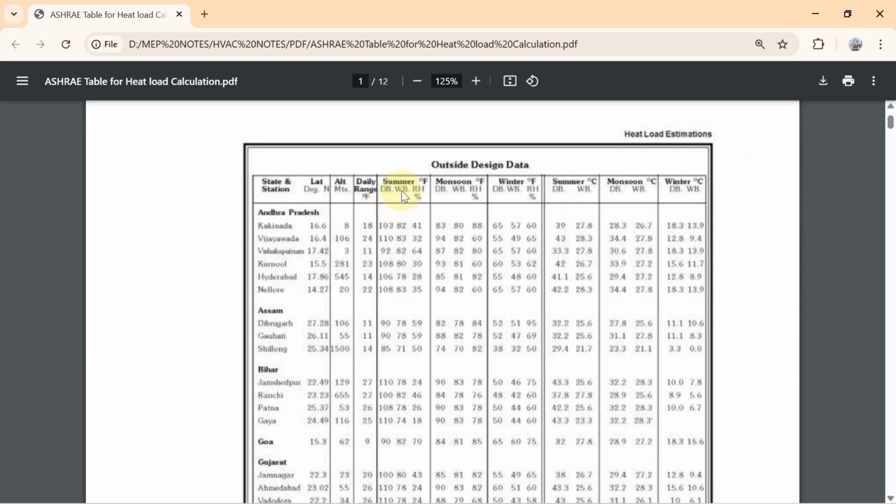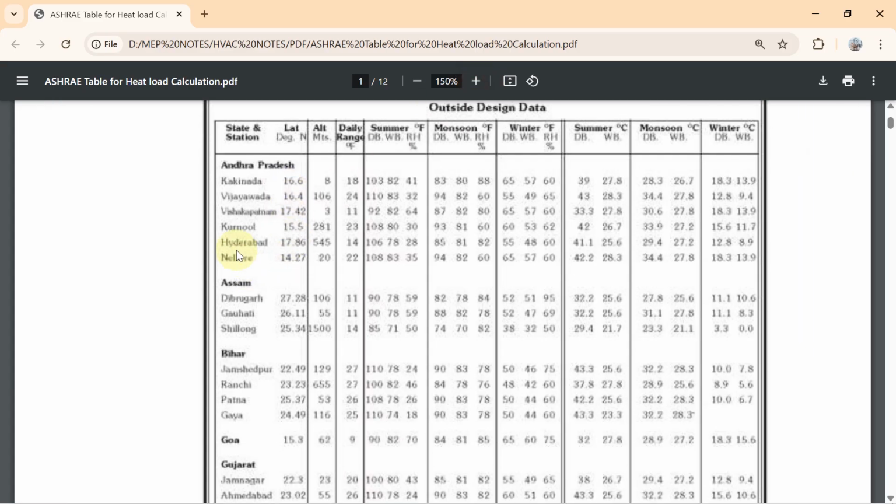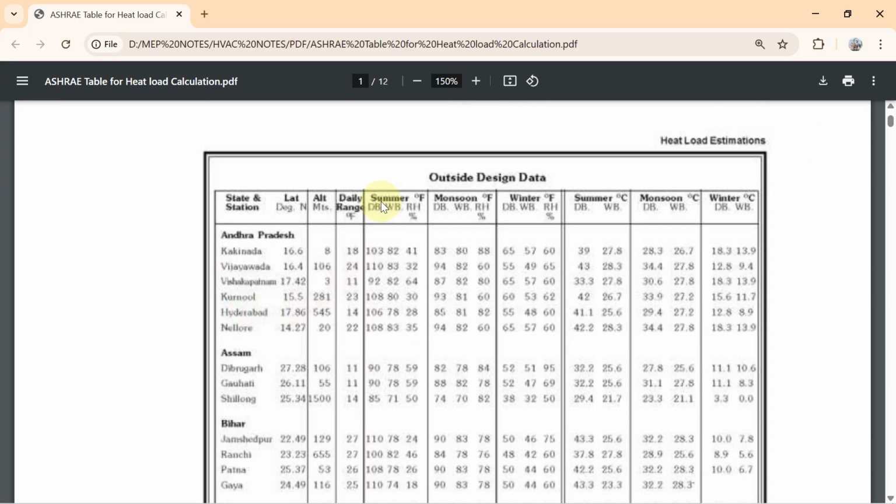But we know the outside design data of any city. Let's say I have taken Hyderabad, in Andhra Pradesh, India. In Hyderabad, in summer, the dry bulb is 106 degrees Fahrenheit, the wet bulb is 78 degrees Fahrenheit, and the relative humidity is 20%. Only three properties of air are given, but the remaining properties, like dew point